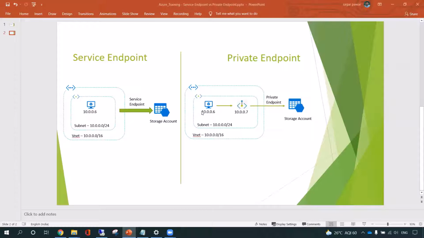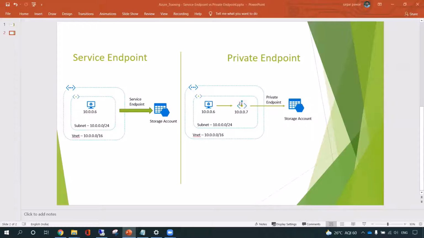So now we have a private IP, and I have to connect to the storage account, which has the public endpoint. Rather than connecting to the public endpoint, I will create one private endpoint. This private endpoint has one private IP assigned to this storage account. So if this VM wants to access this storage account, it will access this endpoint.